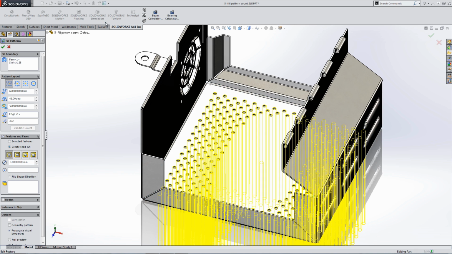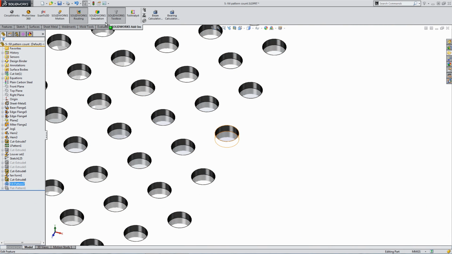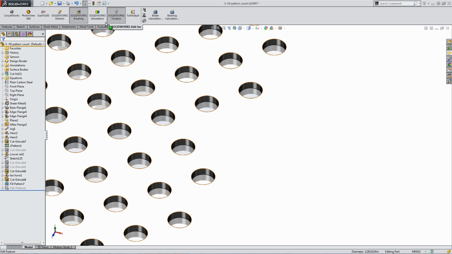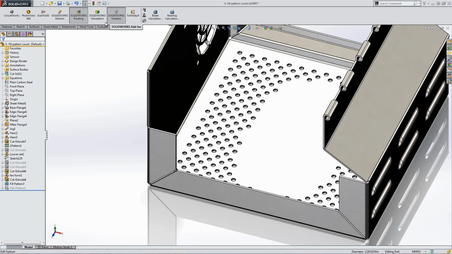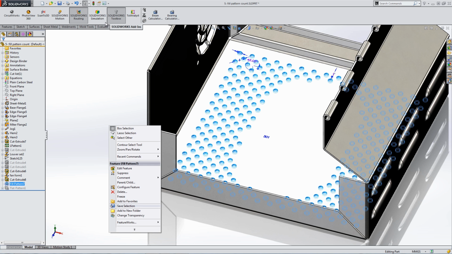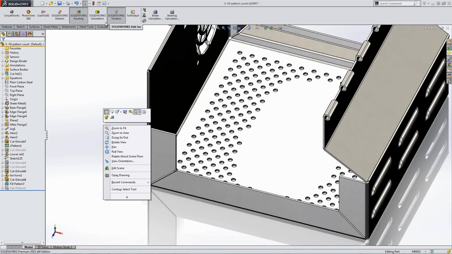If I go into one instance and I hit delete on it, it lets me delete that instance. That's kind of another way to use instances to skip if you wanted. You can delete them here without having to edit the feature. It's kind of nice. But now you'll see that that fill pattern count has updated to 301. And if you think about it, the time that you'd use this the most is going to be on your drawing. So if I say open drawing of this part,